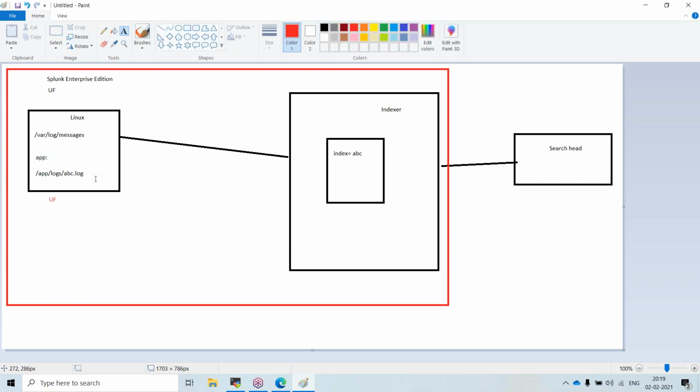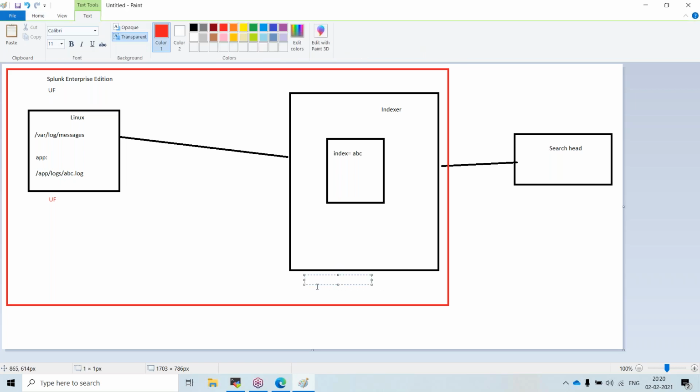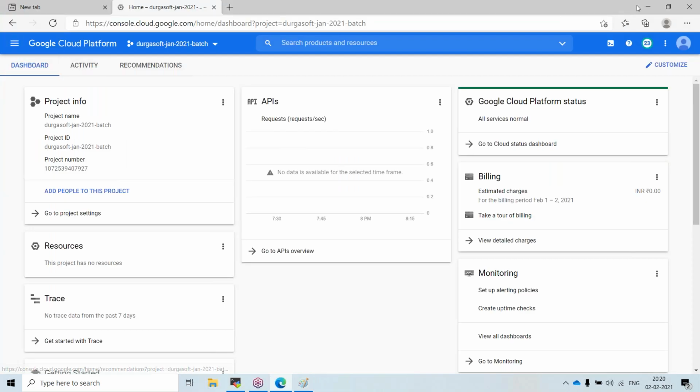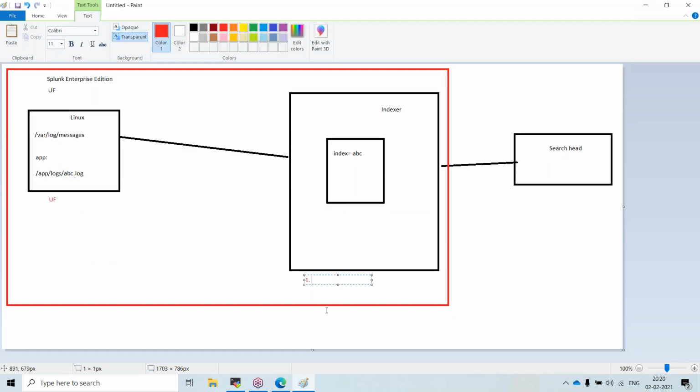This is the first rule. First, on the indexer, two things I have to do. Here I have my Google Cloud. In that I will be installing Linux, CentOS version 7.